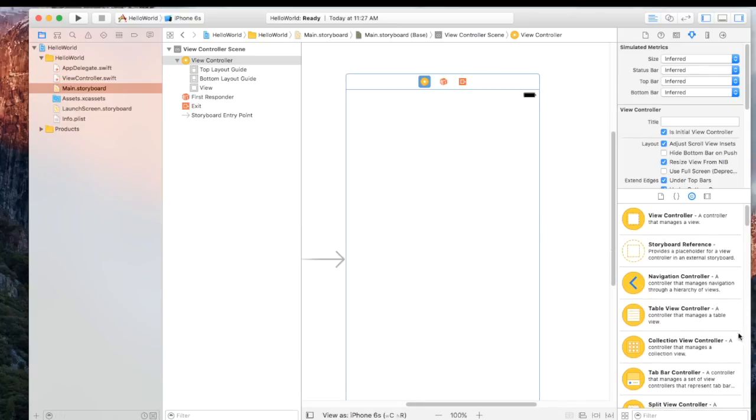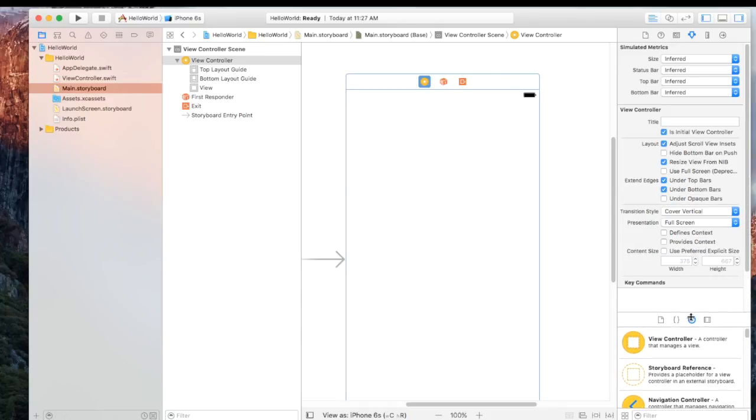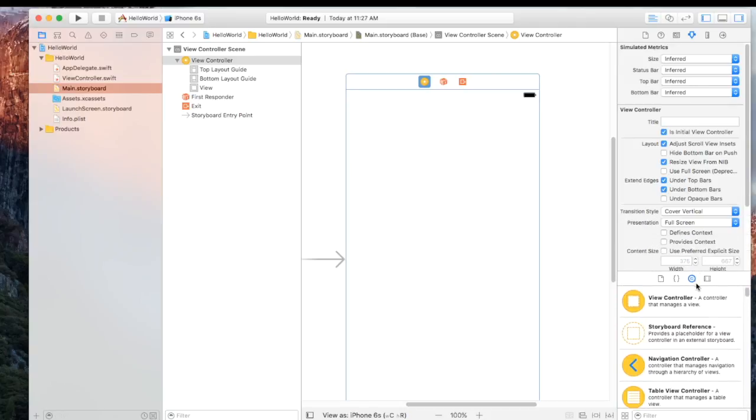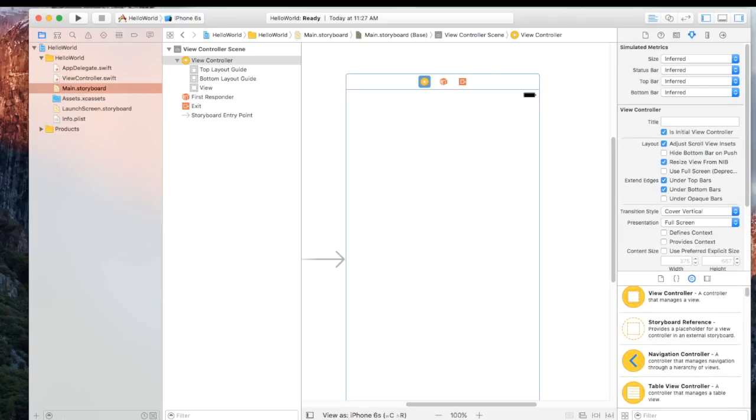Next, on the bottom corner, on the third button right here, I just resized it. So over here, just type in button